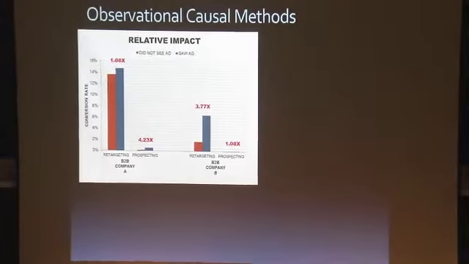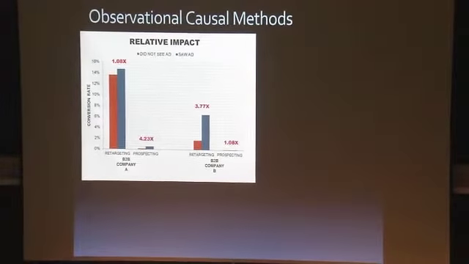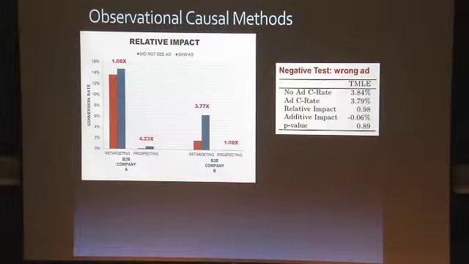Now, if somebody tells me they can do that, I'm going to have at least two questions. First of all, can you prove that it actually says that there's no effect where there shouldn't be an effect? So we run a test here where we measure the impact of a pizza ad on buying cell phones. That better be 0. If it's not, then something is wrong with what you're doing. So that's a great test for causal estimation.